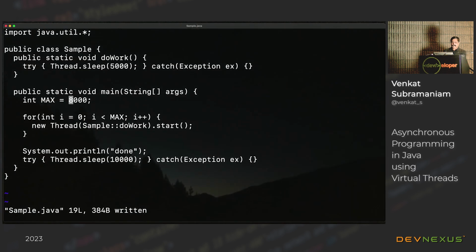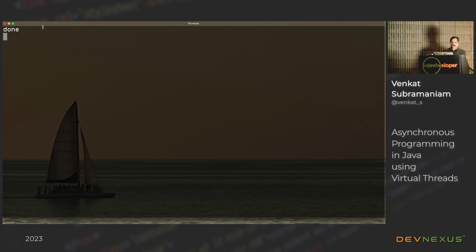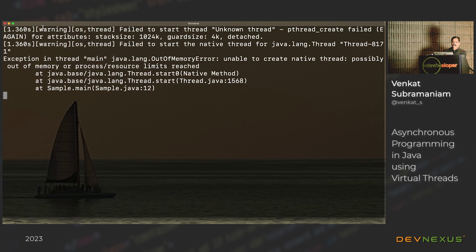Now let's say, give me about 10,000 threads right now. And let's see what it tells us when we ask for 10,000 threads. So right now, when I ask you to create 10,000 threads, it is telling us out of memory error. But actually, it's even worse than that. Because if you really notice, it says, unable to create native thread. It says possibly out of memory. It's not even sure about it, right? So it's like, gosh, I can't handle this anymore.